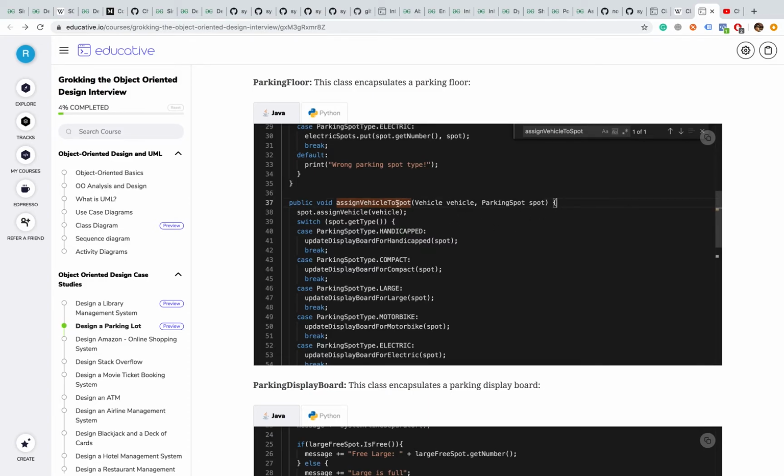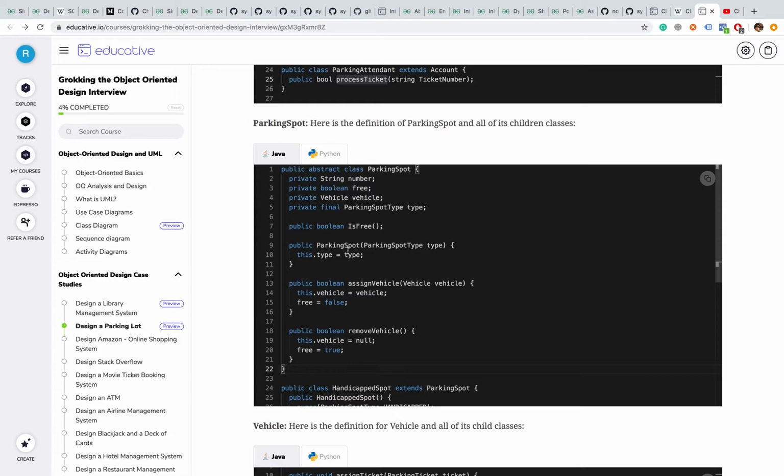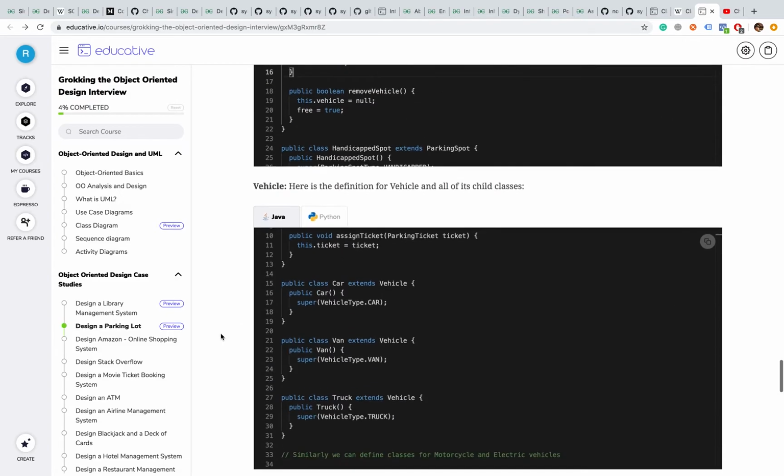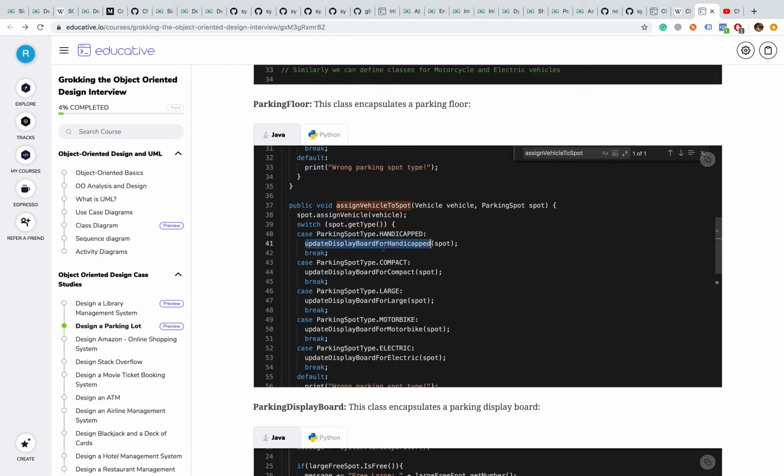So when we are calling this function, the vehicle gets assigned to the spot. This is what we were looking at earlier: assign vehicle to a spot. So the vehicle is being assigned to the spot from the floor, right? We did assign it, but after we have assigned it, we have to make sure that we update the display board, right? So the parking floor is there, we have assigned the vehicle to a spot. Now the display board should tell you